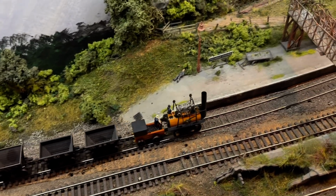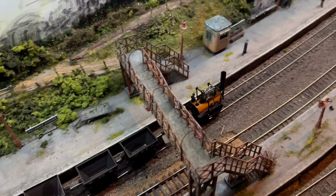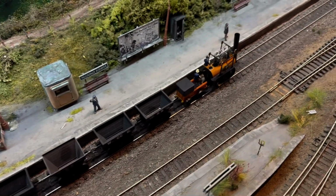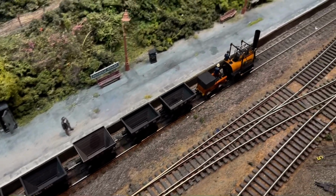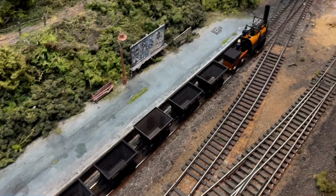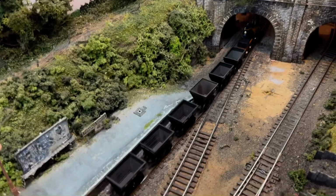But, you know, incidentally, I did eventually manage to get Rocket working. I rewired it completely, put a Stay Alive in it, ran beautifully, and then all of a sudden, short. And I'm guessing the decoder's packed up, but I haven't had time to look at it yet. Anyway, as that disappears into the tunnel,